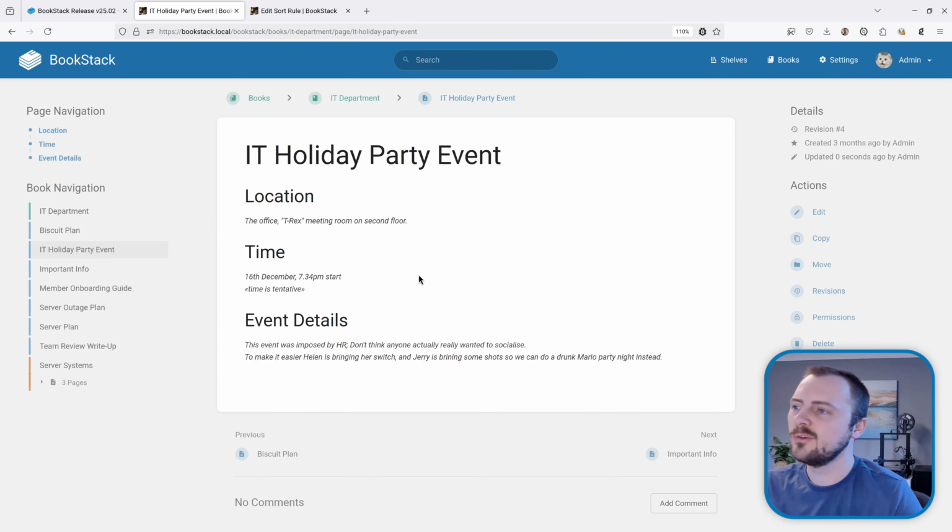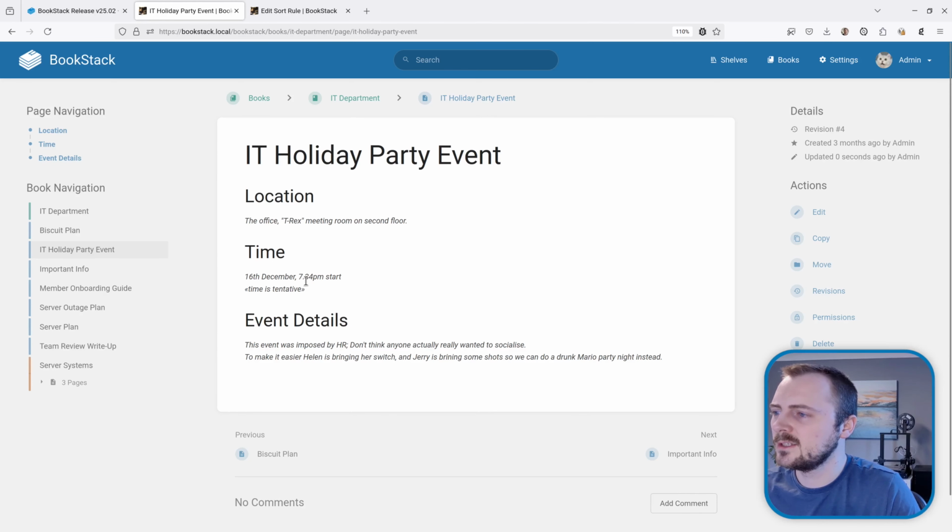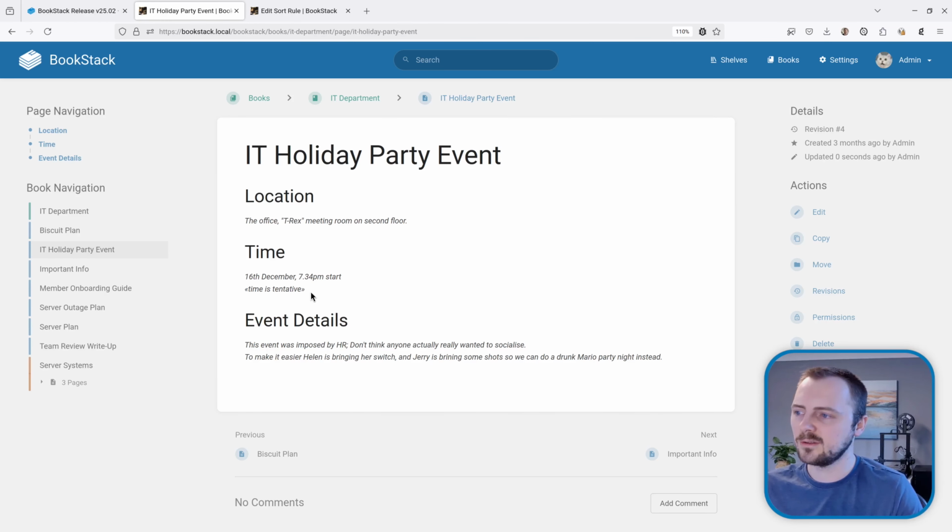So now onto some improvements to the search indexing system. We've made some specific improvements to how terms are indexed, especially those that contain certain punctuation that might be part of a term. So for example, a term like this with a full stop, where it's 7.34 p.m. Previously that would have been indexed as two parts, 7 and then 34 p.m. But now we're still doing that as two terms, but then we also index the full complete term, so 7.34